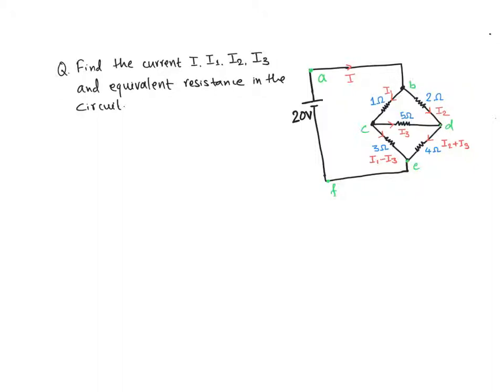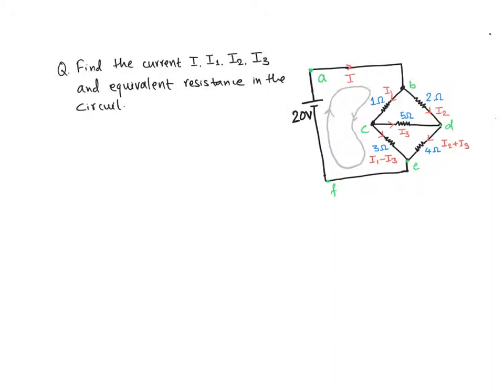Now we have to use Kirchhoff's voltage rule to find the current in these different branches. For Kirchhoff's voltage rule, we can take three different loops here. The first loop: let's start from point A. We'll go from point A to B, B to C, C to E, E to F, and again point A. Kirchhoff's voltage rule says the sum of voltages along a closed loop must be